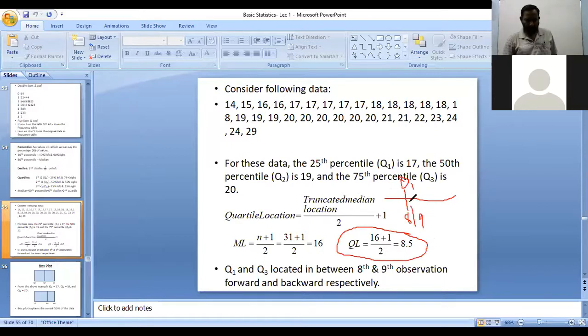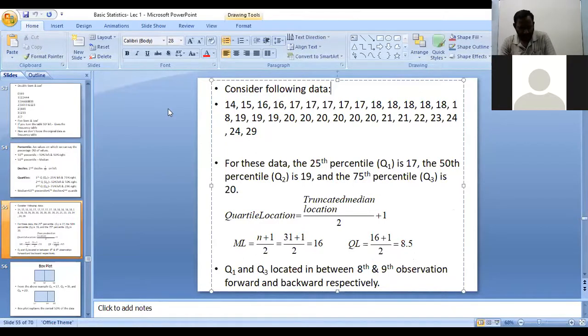If you look at the data positions, it will be the 8th and 9th position. Similarly, for Q3, it will be the 8th and 9th position from the backward, in this direction, right? So that is called the first quartile and the third quartile. That is how we find these two quartiles, right? So these two quartiles are important in terms of